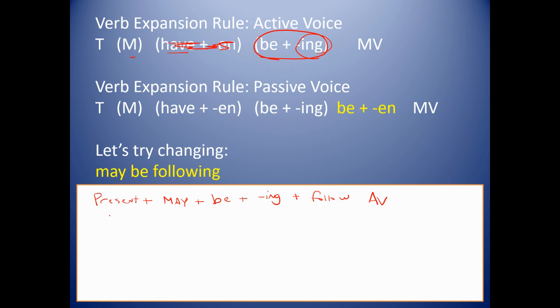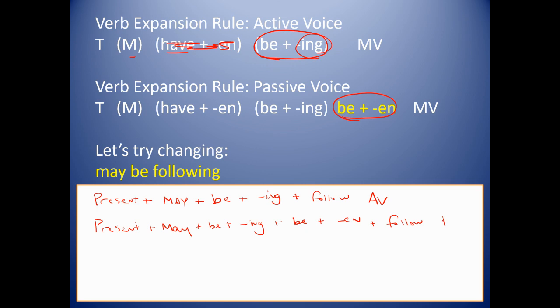When I change this over into passive voice, it's the exact same thing until I get to the main verb. So once again, kind of doing it in terms of baby steps here, I'm just going to replicate it. I know it seems redundant. Follow along with me anyway. So the present of may plus be plus ing. But right before I get to that main verb follow, I'm going to add in be plus en. That's going to guarantee that I'm going to add in an extra word. And then my main verb